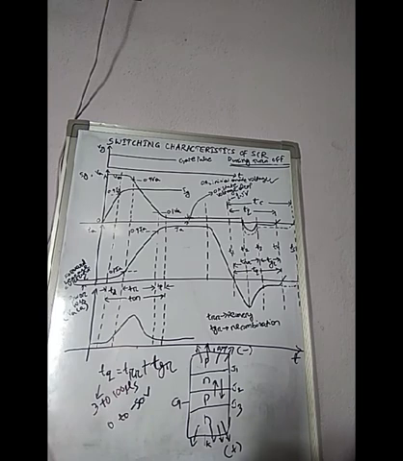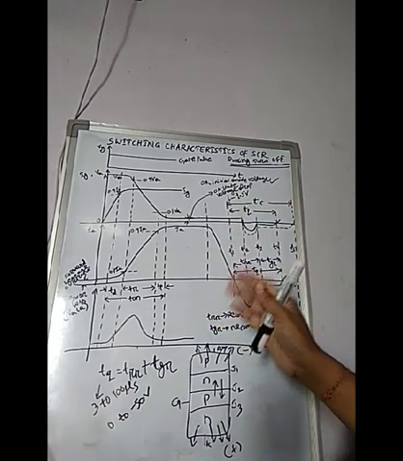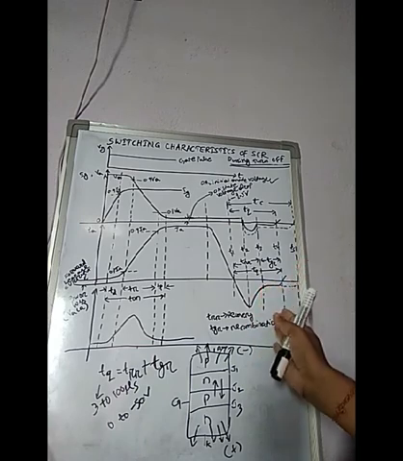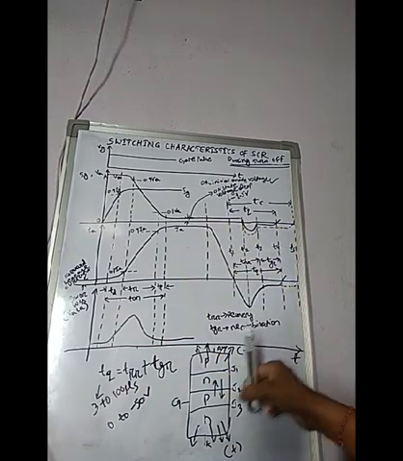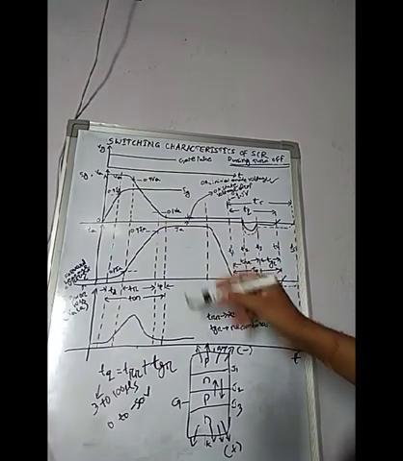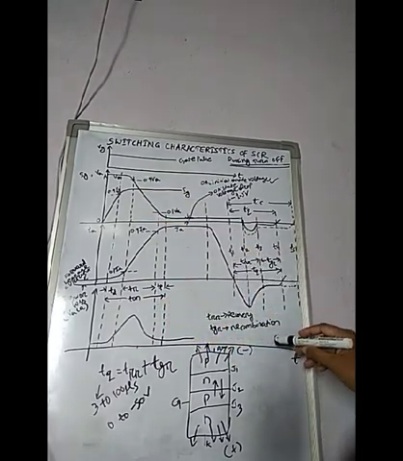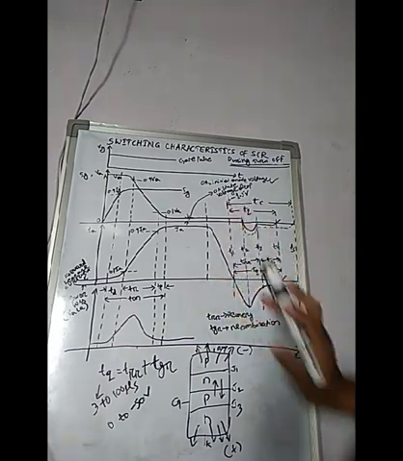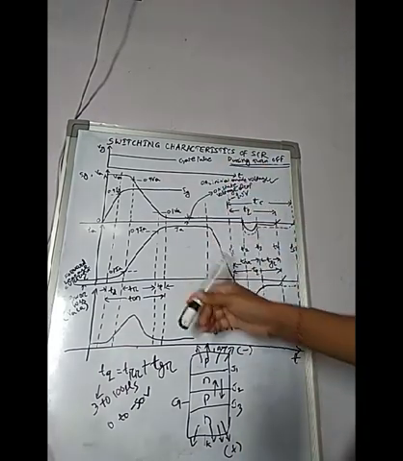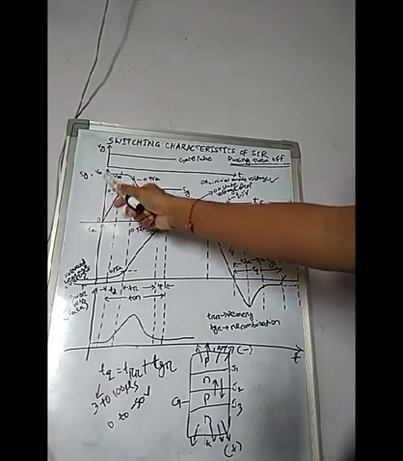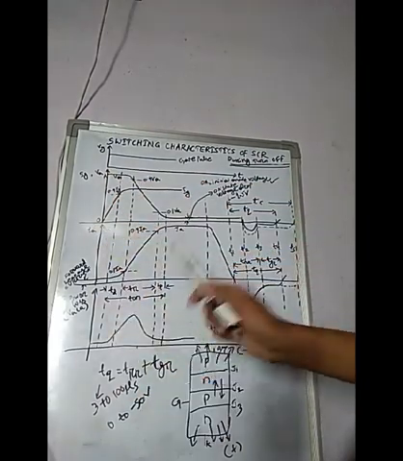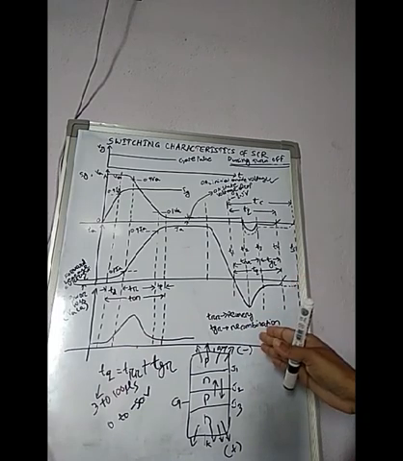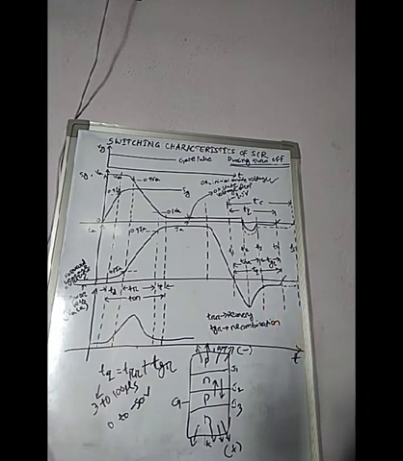Now you have clearly understood the switching characteristics of SCR during the turn off process. Overall, this is the total graphical representation of the switching characteristics of SCR during turn on and turn off, showing all the parameters like VG, IG, VA, IA and power loss. So now you have completely understood the switching characteristics of thyristor.